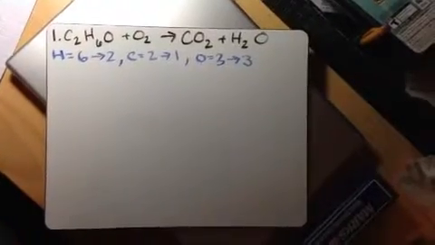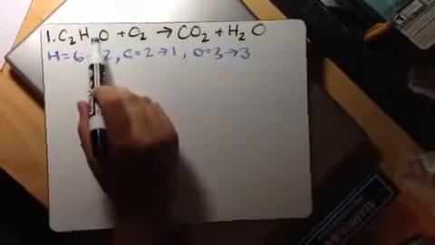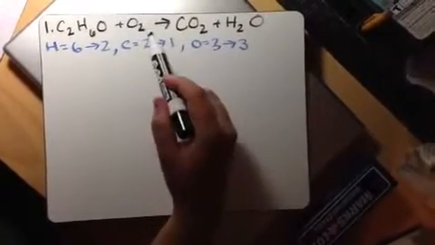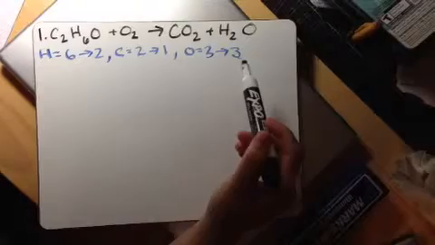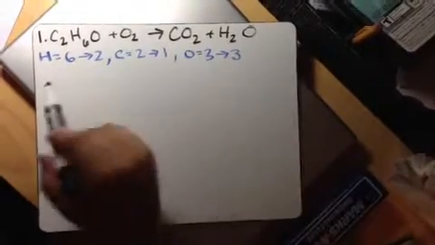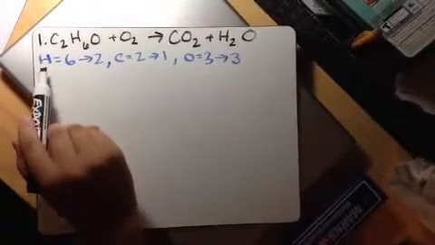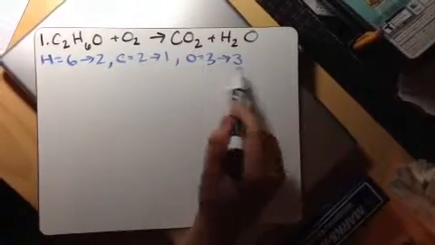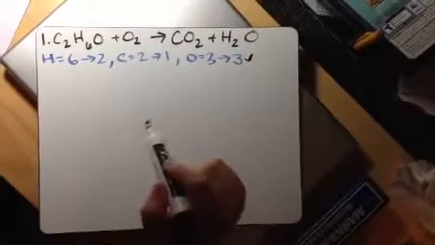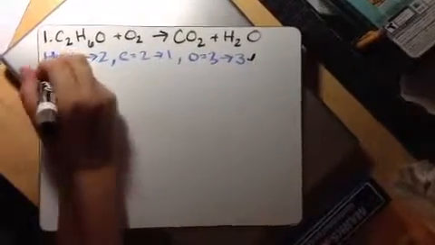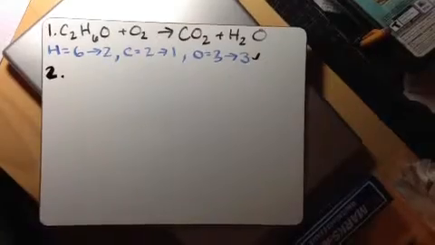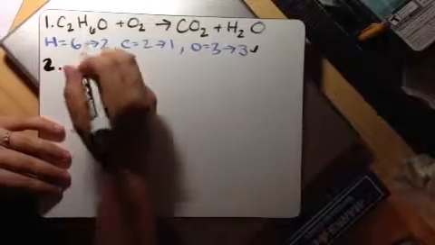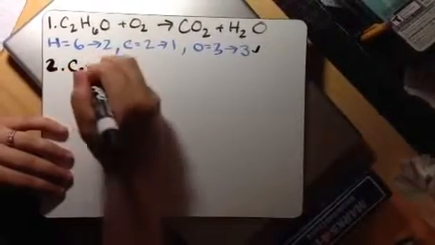The first equation was C2H6O plus O2 makes CO2 plus H2O. Right now we have 6 to 2 hydrogens, 2 to 1 carbon, 3 to 3 oxygen, so that's good. We'll see if that changes. Then for our next equation, first we want to balance out the hydrogens because there are the most hydrogens. So we're going to change this to